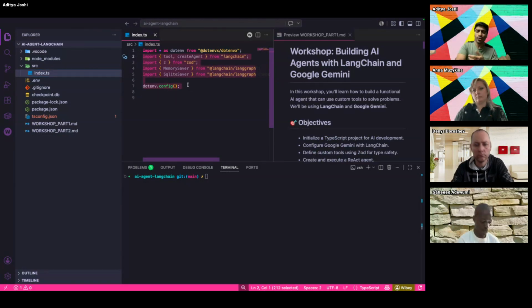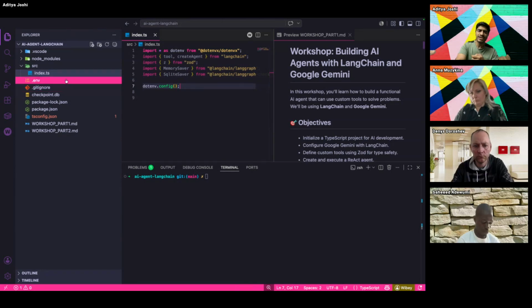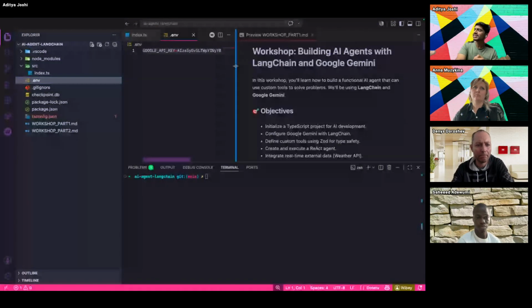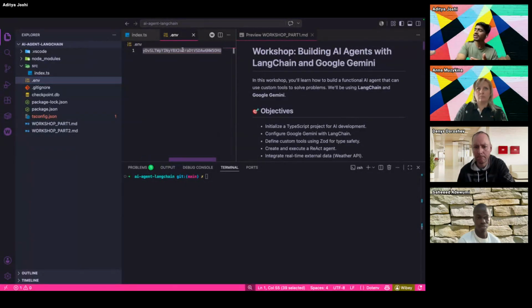It has some boilerplate code already available, and there is this .env file as well, which has my API key. I'll revoke the API key after the session because I don't want to share it. But this is how you are going to keep your API key in your project,